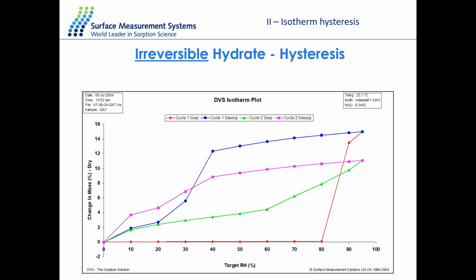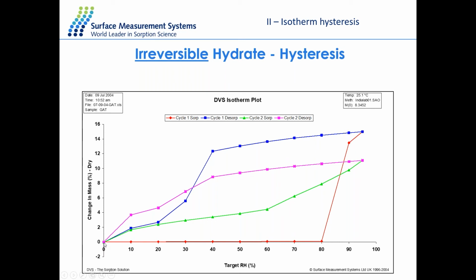So this is a 2-cycle experiment. I'm doing an absorption and desorption, absorption and desorption. The absorption line in the first cycle is in red, and as you can see here, my critical value is 80%. So that allows me to form the hydrate right there. Then when I dry up the sample, it goes back to 40%, and then it cycles down to the anhydrous